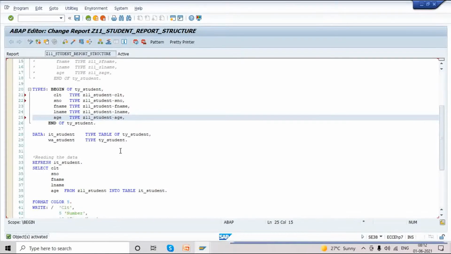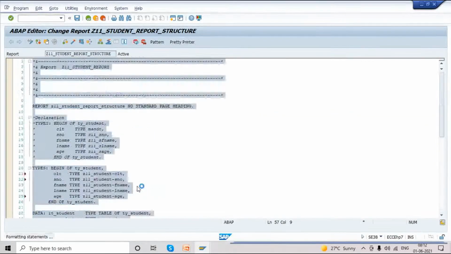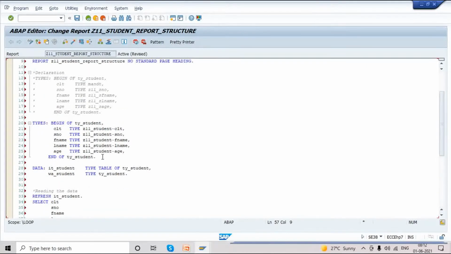Say we created three reports, all talking about purchase order but with different outputs. In those programs we are using the same structure. Considering that, I will prefer you create a global structure instead of this local structure. A local structure can be used within the program only. We cannot use it in another program.